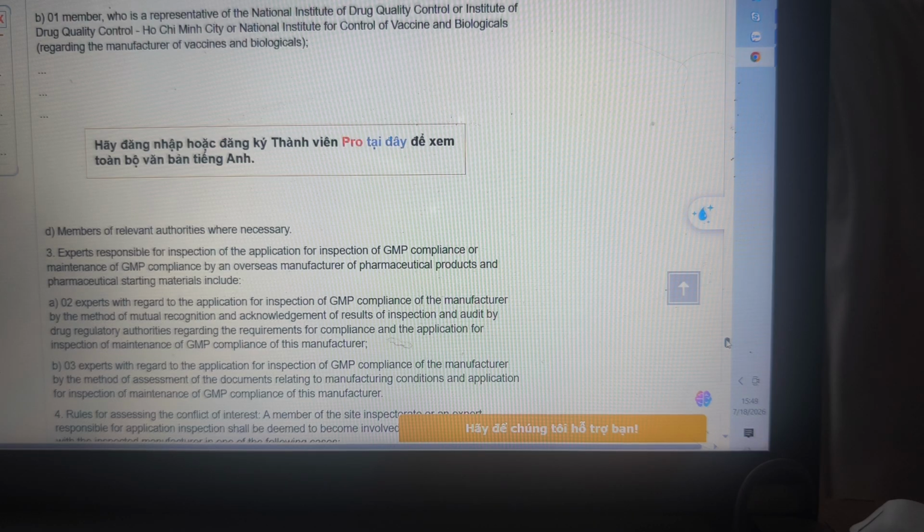Expert responsible for the inspection of the application for inspection of the GMP compliance or maintenance of GMP compliance by the overseas manufacturers of pharmaceutical products and pharmaceutical starting material include: